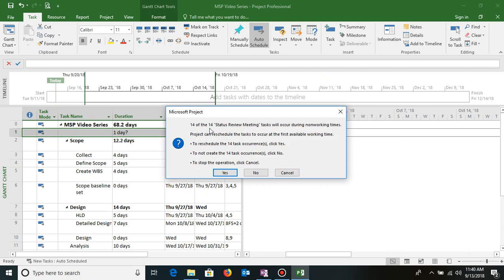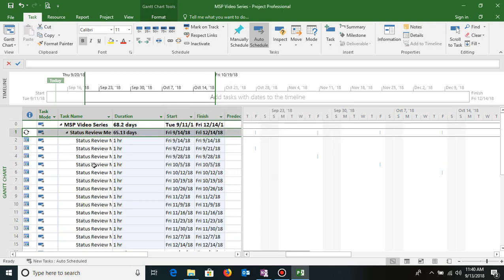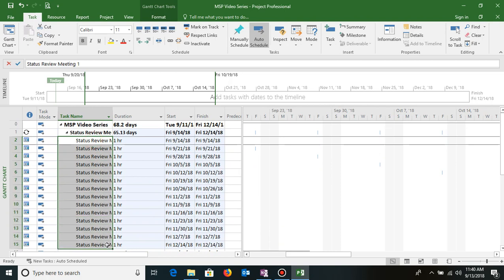Now this pop-up comes saying that some of the meetings will occur on non-working times. Do you want to schedule them to the next working day? I might have a holiday wherein this meeting is getting scheduled, so yes, I would like to have it on the next working days. I'll click on yes. So you see these many meetings got created, and if I want to see the graphical